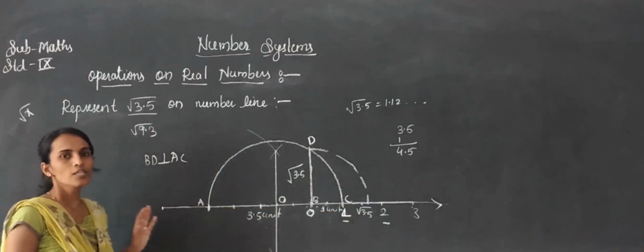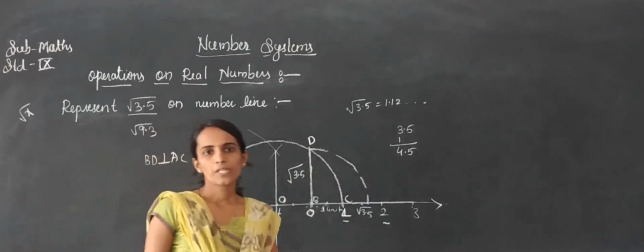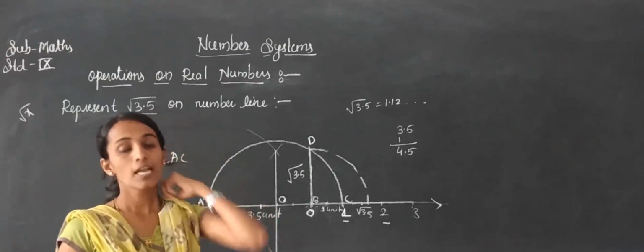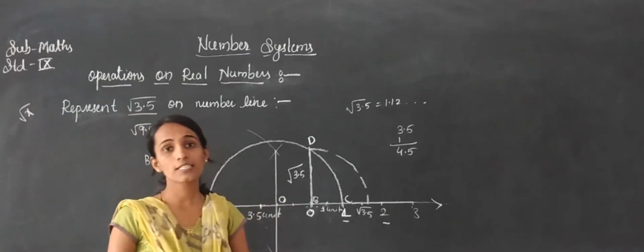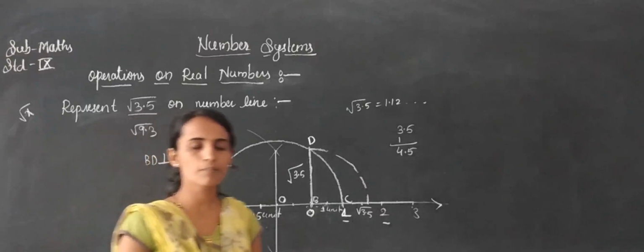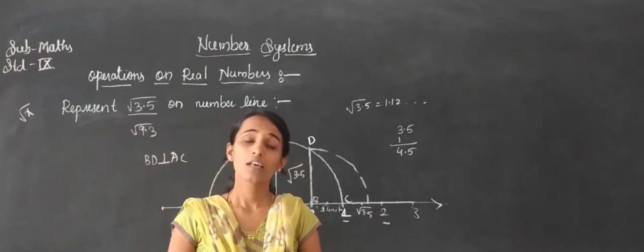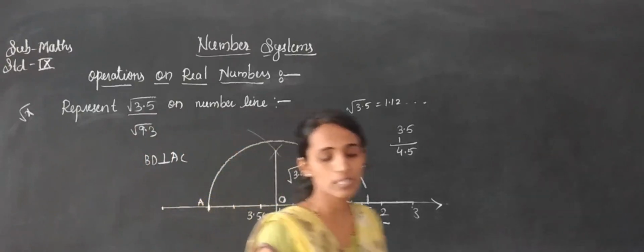I hope you understood. So depending on these operations on irrational numbers, real numbers, how to represent a real number on the number line, and again rationalizing the denominator, depending on this, one exercise is there. Please solve that exercise. Very easy examples are there, whatever I gave here, the same kind of examples are there. You have to try to solve those examples here.